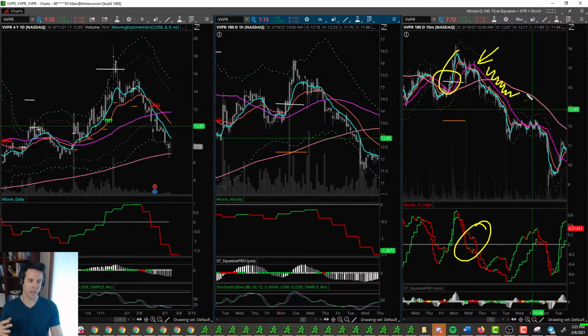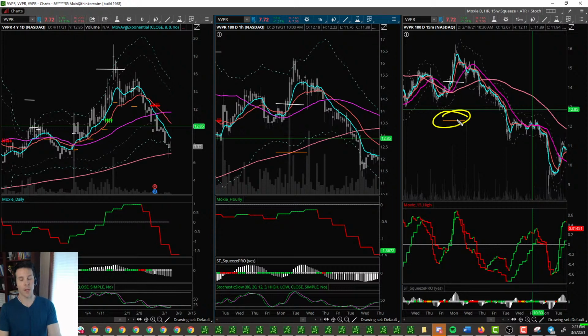And again, I kind of just had this bigger idea thinking, well, maybe this is just going to work because the whole sector is going to work. That's not true. You need to look at each chart, and if it's not working, just get out of it. So I could have been more proactive about getting out of this one sooner. Basically right there, could have gotten out at break even or a small loss and saved ourselves from a full stop out loss. Now in the grand scheme of things, it's actually okay because look where this thing went.